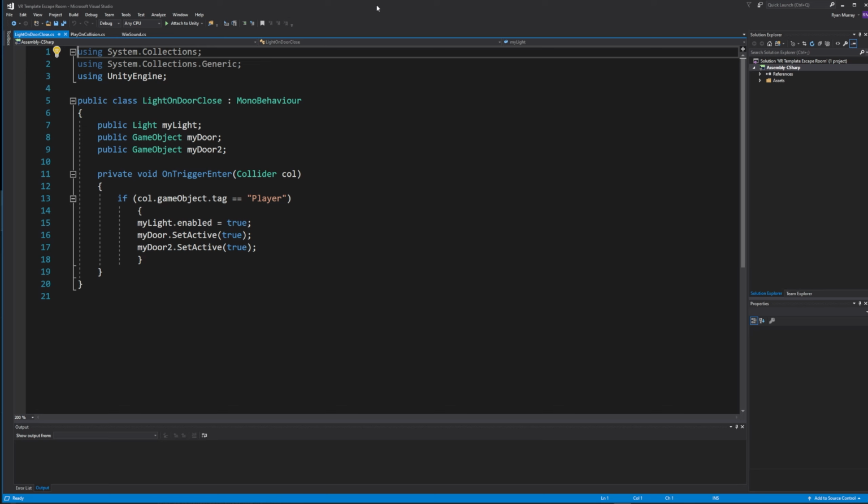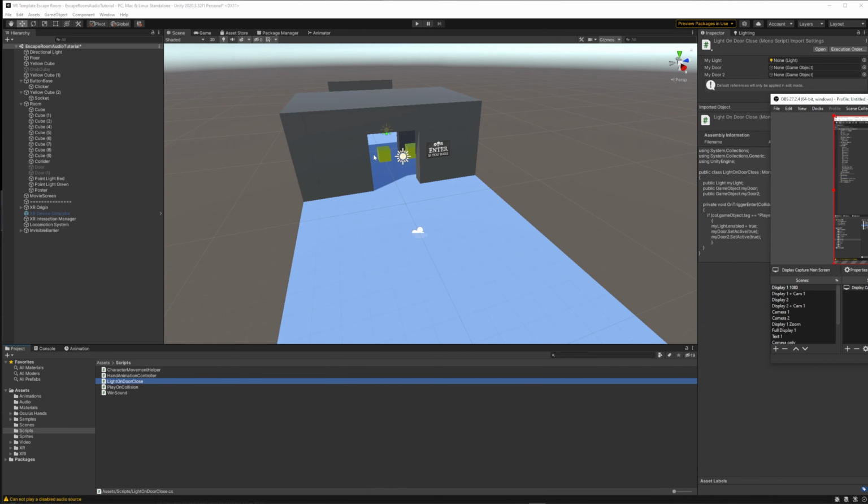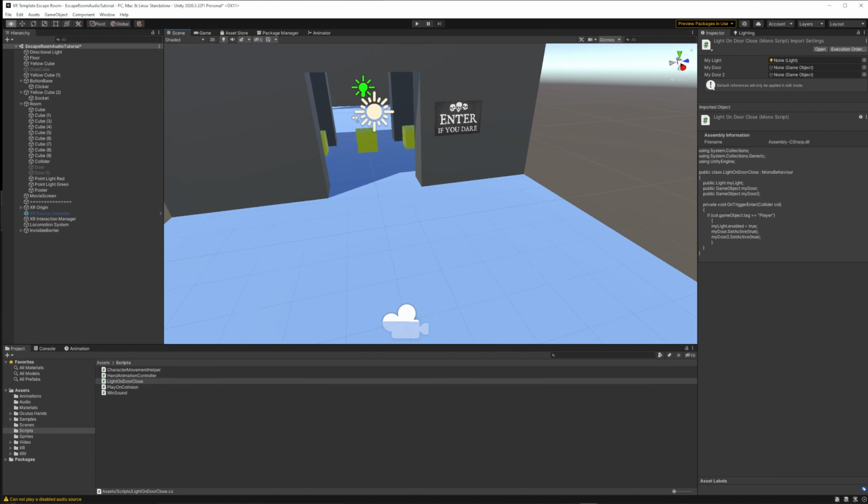So let's get started by taking a look at a small script I wrote, based on that script we had previously written where we turn on a light when we enter an invisible trigger collider. I'm basically using that same thing, except now I've also added turning on doors. And this is how I'm getting, if I jump back to Unity, when we walk into the escape room, these